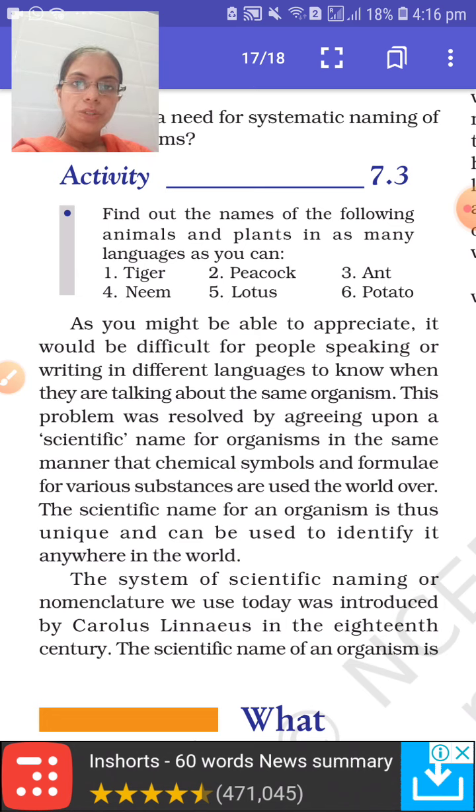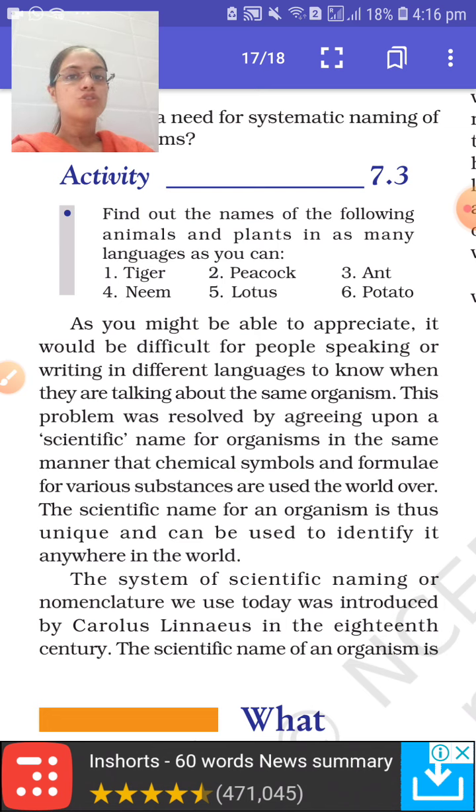See, if I am here in Gujarat, I will be speaking Gujarati. If I am there in Maharashtra, I will be speaking Marathi. If people are on the south side, they may be speaking Tamil, Kannada or anything, right? So as we go to different places, people speak different languages. If someone travels to another place, how would they be able to know?